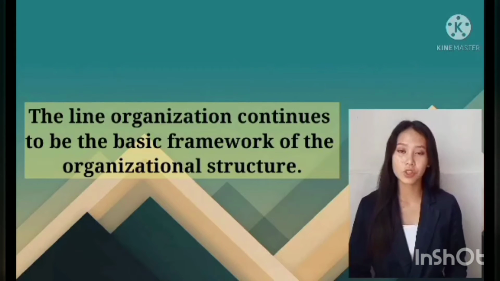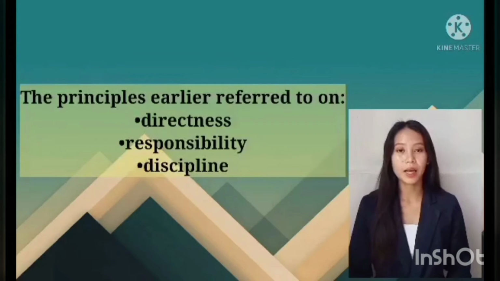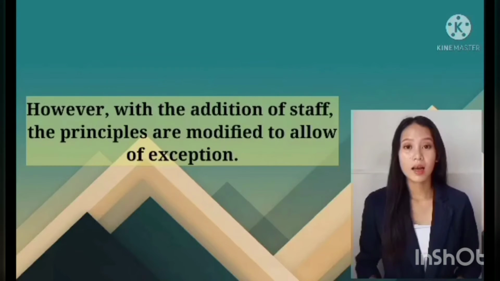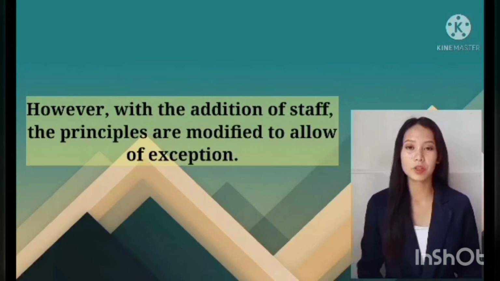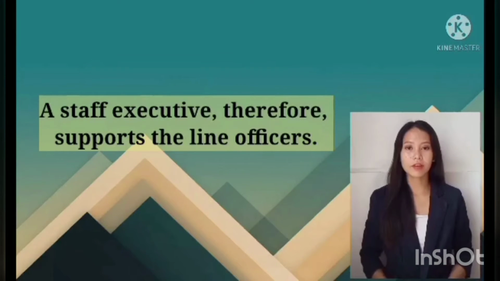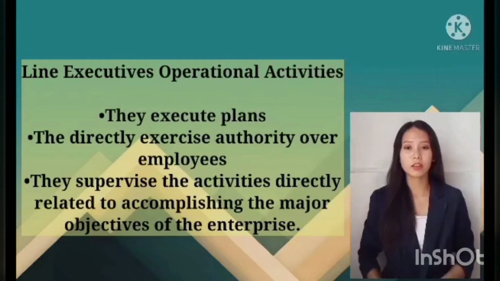Authority in the organization remains mostly line. The principles earlier referred to on directness, responsibility, discipline, and so on, however, with the addition of staff, are modified to allow for exceptions. A staff executive, therefore, supports the line officers. The line executives continue to be responsible for the carrying out of the operational activities. They execute plans, they directly exercise authority over the employees, they supervise the activities directly related to accomplishing the major